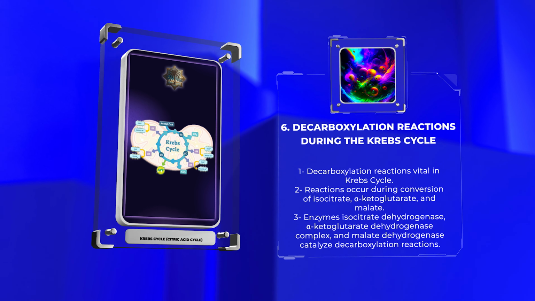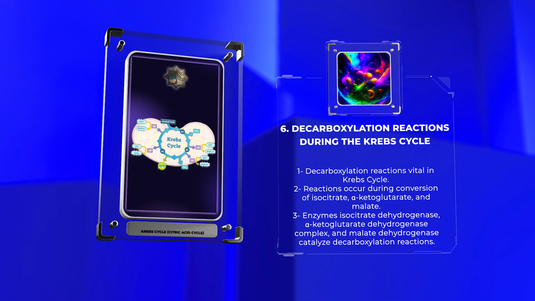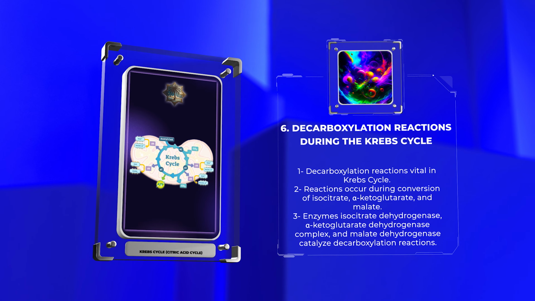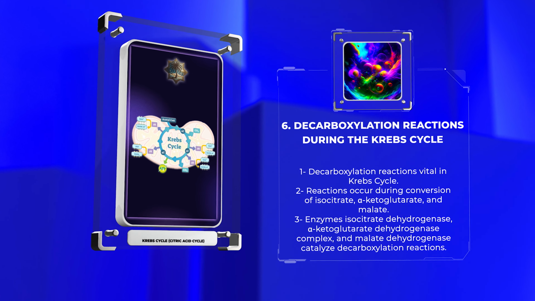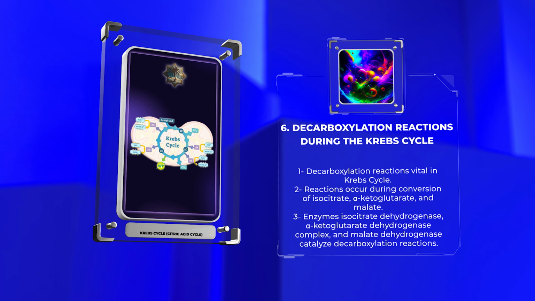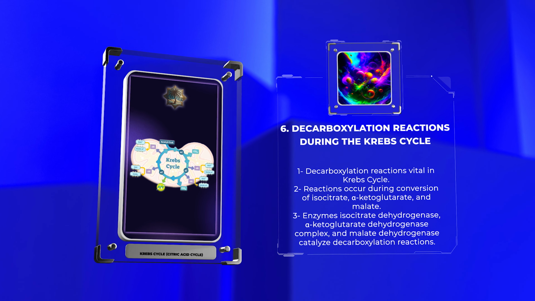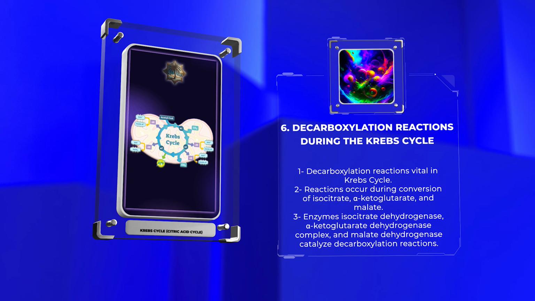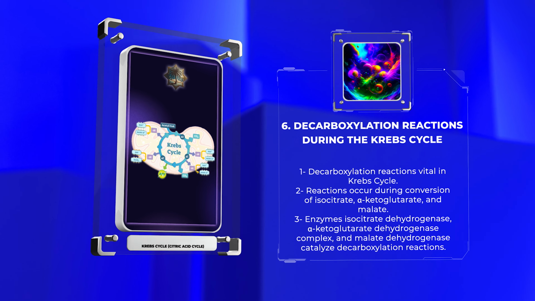Multiple decarboxylation reactions occur during the conversion of isocitrate to alpha-ketoglutarate to succinyl-CoA, and malate to oxaloacetate. These reactions are catalyzed by the enzymes isocitrate dehydrogenase, alpha-ketoglutarate dehydrogenase complex, and malate dehydrogenase, respectively. Decarboxylation contributes to the energy generation process and enables the regeneration of key intermediates required for the continuity of the